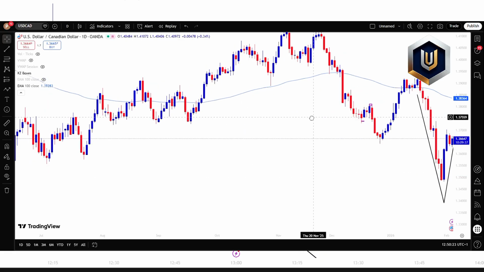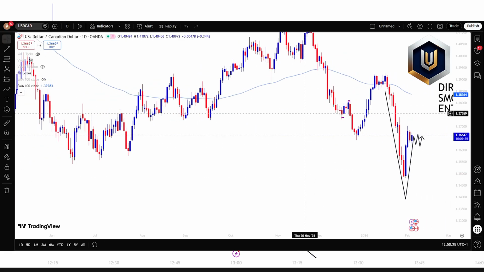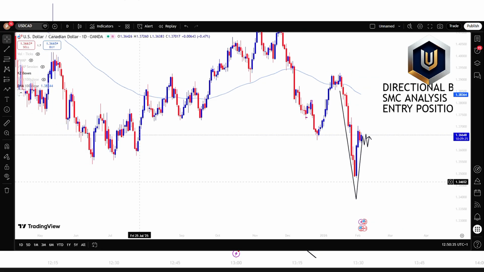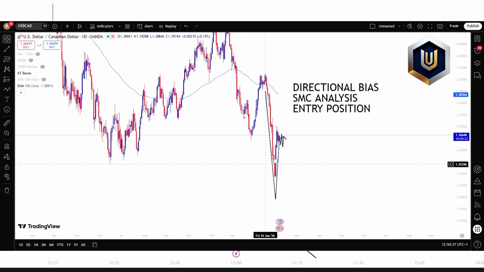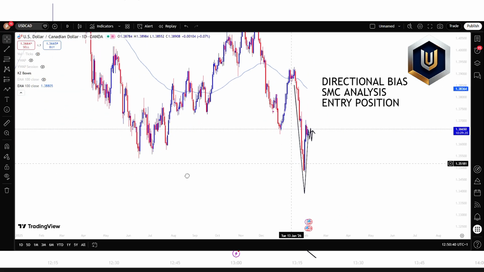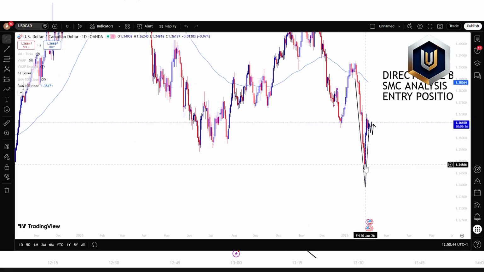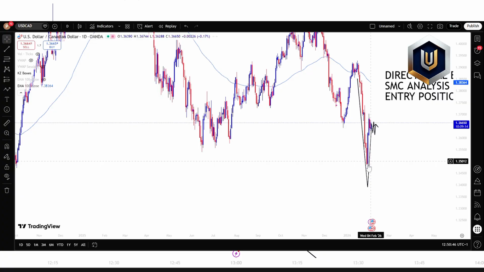To make it a little bit easier, we have to compress this market to be able to check for the order block that sponsored this takeoff from here, or the fair value gap that sponsored this takeoff from here. And when we do that, you can see that there was a pile up here. So in this case, from the left hand part of the screen, you are now able to see that,